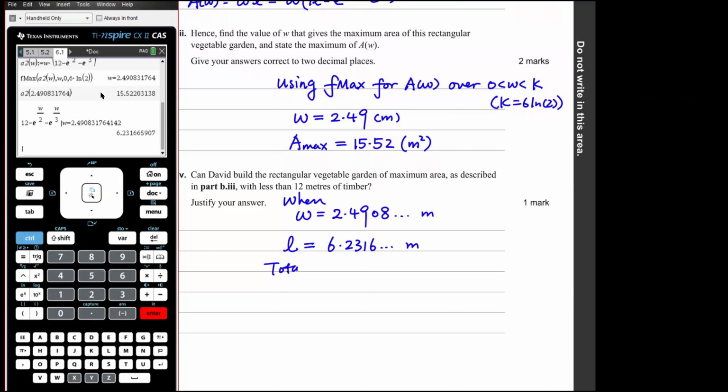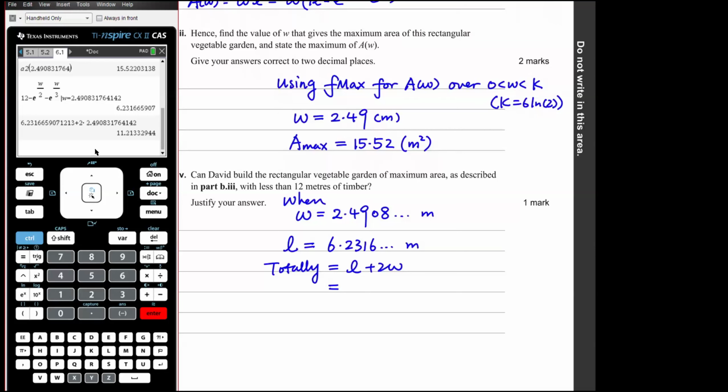So the total equals L plus 2W. And that is that plus 2 lots of that. 11.21, 33 something, which is less than 12 meters of timber available. Therefore, yes,